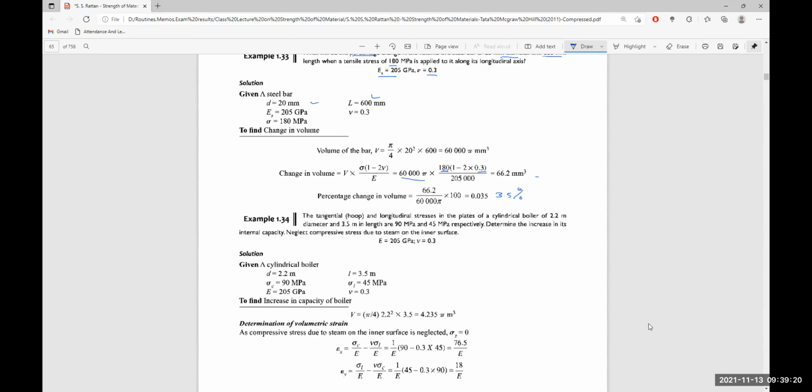Here we have example number 34: the tangential or hoop stress and longitudinal stress in the plates of a cylindrical boiler of 2.2 meter diameter and 3.5 meter length are given as 90 MPa and 45 MPa respectively. So hoop stress